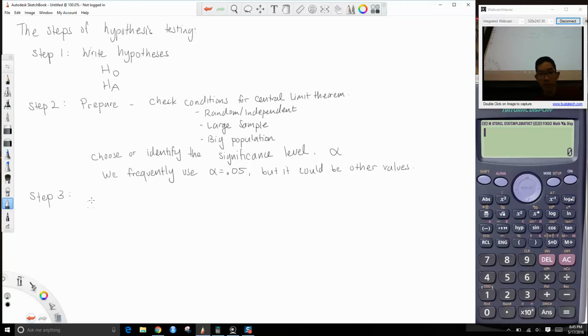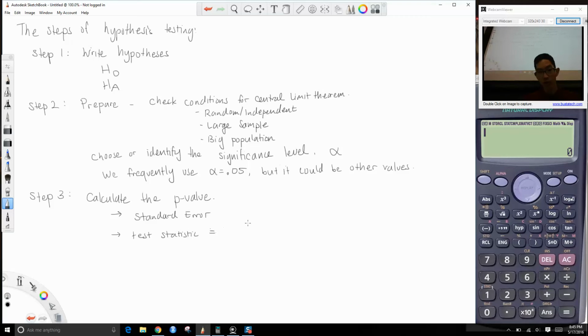Step 3 is calculate your p-value. Okay, and so calculating the p-value often involves kind of a few steps. So this is at least for, you're going to find the standard error. Okay. And then you're going to find your test statistic,